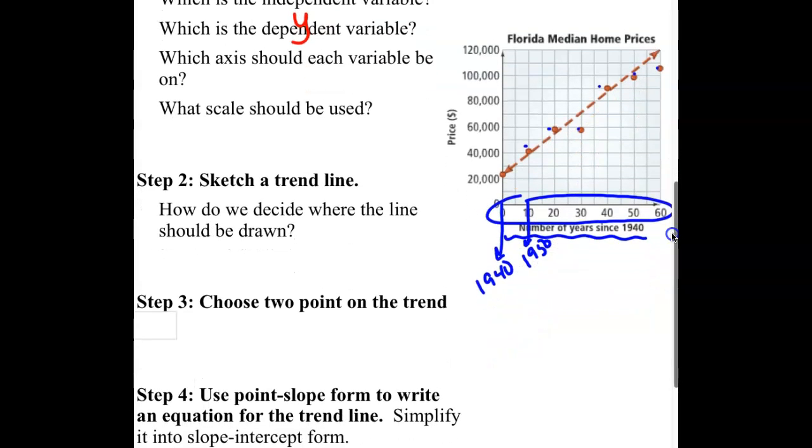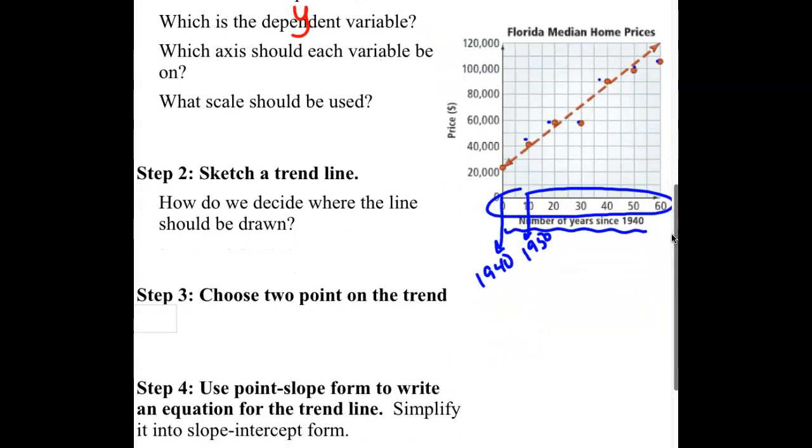We would then choose 2 points on the line. I want to emphasize that. If our line doesn't actually go through any points that you plotted, which can happen, I could have data like this, right? And my line's going to go right through the middle of it. I have to pick 2 points on the line that I've drawn, even though they're not data points from my table. Okay? From those 2 points,